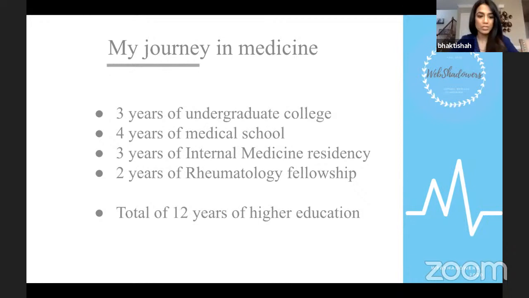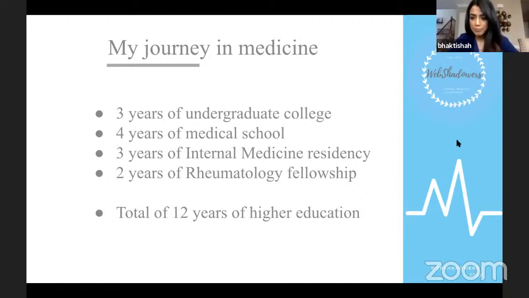But keep your options open, keep a broad mind, try to get as much out of your rotations in medical school as possible. When you are an undergrad, broaden your horizon, take a variety of different classes. Medicine is not just science and math. There is a lot more that's involved too. So use your time now to really learn as much as you can about various different fields and try to gain some insight into the details of each field and try to see what fits your personality and what you are looking for.